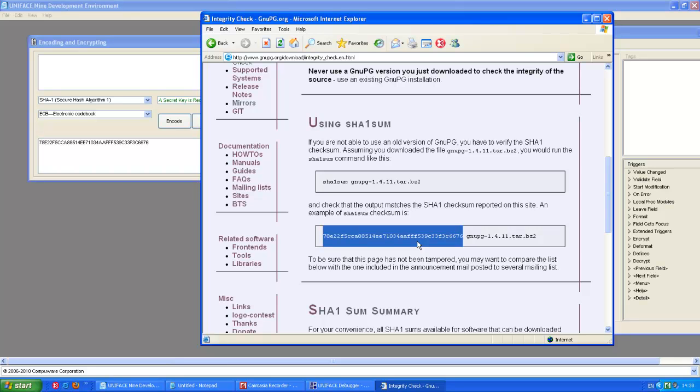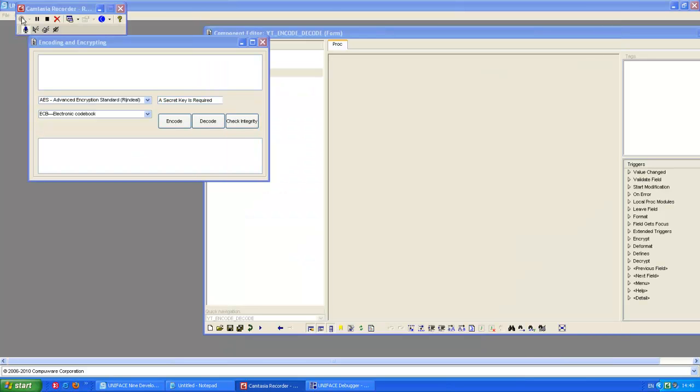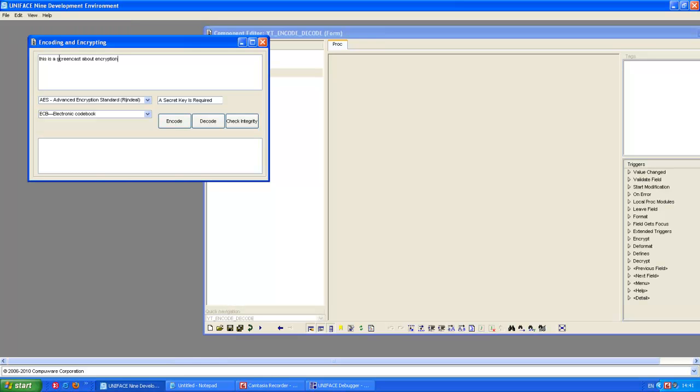the file is okay. Okay, now we are going to show how, by using ECB with a block cipher algorithm, you don't need the initialization vector. So we enter a string here: This is a screencast about encryption. And then we are going to choose, for example, a block cipher function DES. A key is required,